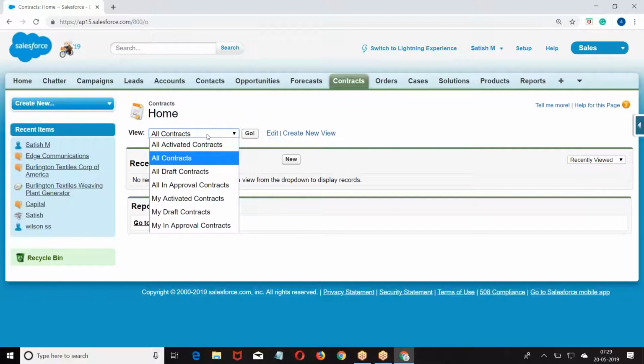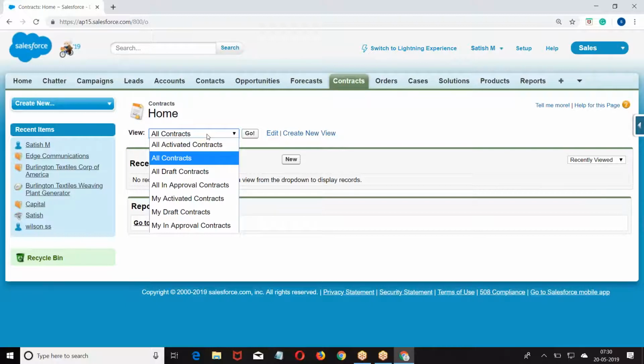Out of those list view options, whatever option we have selected is called the filter ID. Based on the filter ID, we are getting a group of records. Those records will be stored in a variable called record set var.